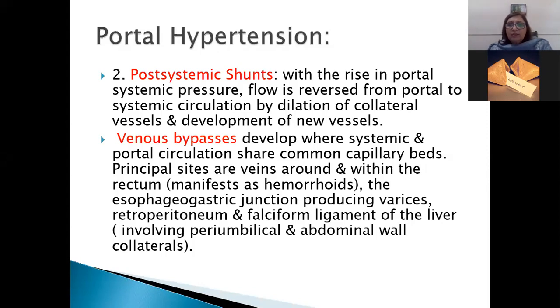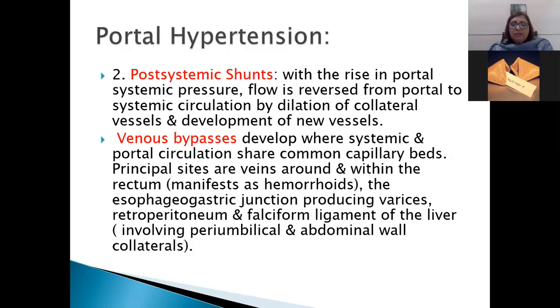Mostly these are seen around the rectum, and they can manifest like rectal bleeding as hemorrhoids, but they are actually not hemorrhoids. Hemorrhoids are what I told you in the last lecture, or maybe I've just loaded that lecture up. Hemorrhoids are dilated blood vessels which are present within the rectal mucosa. So they bleed. But these manifest like hemorrhoids, but they are actually collateral vessels around the rectum, which are taking the portal circulation into the capillary beds.